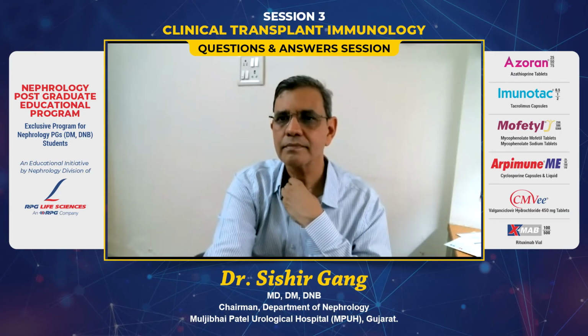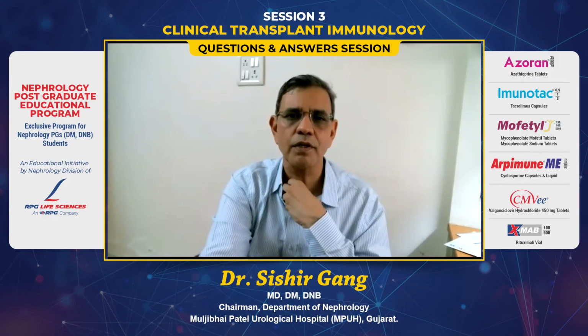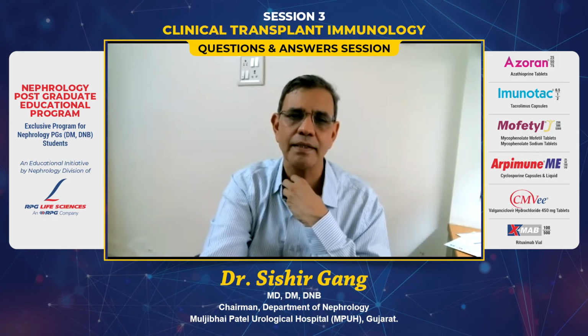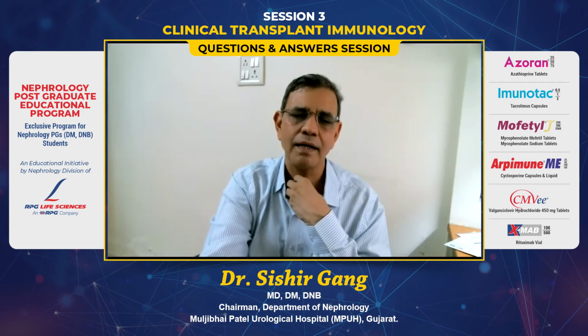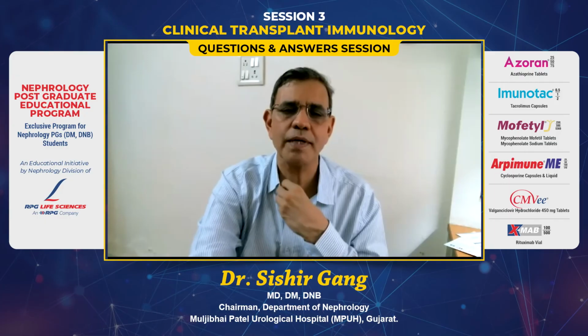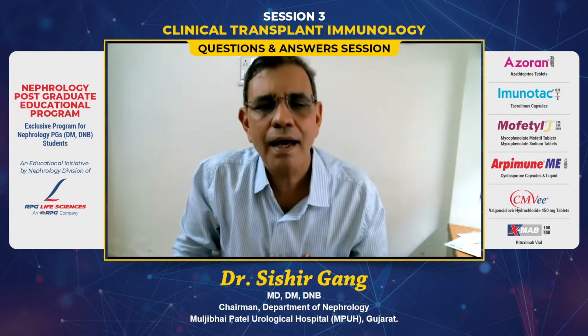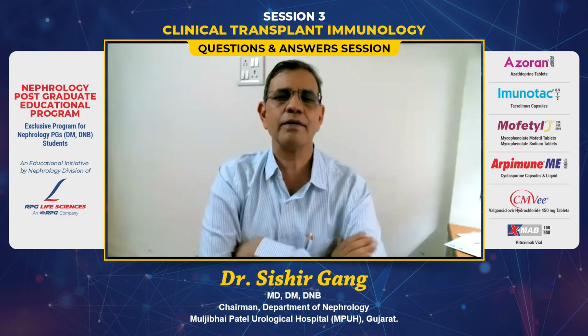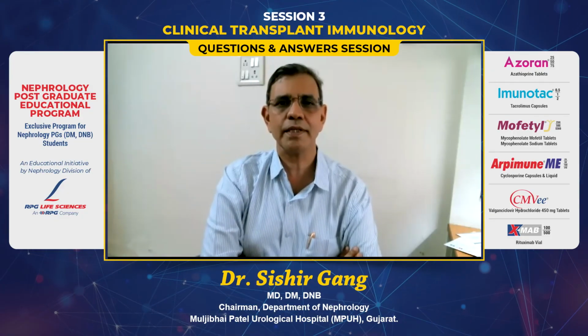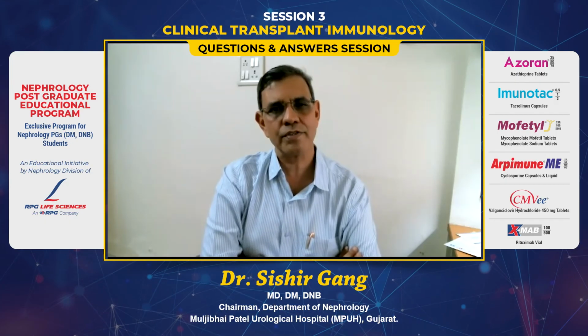Yeah, one more question is about tolerance protocols. There are several tolerance protocols which are being looked at, but the most work has been done by the Massachusetts General Hospital, where Kawai and colleagues have shown, and there are two ways. One way is to develop a mixed chimerism. Historically, if you go back to the history of transplantation, the first thing was about the freemartin cattle, where there was a chimerism and they could exchange the skin.